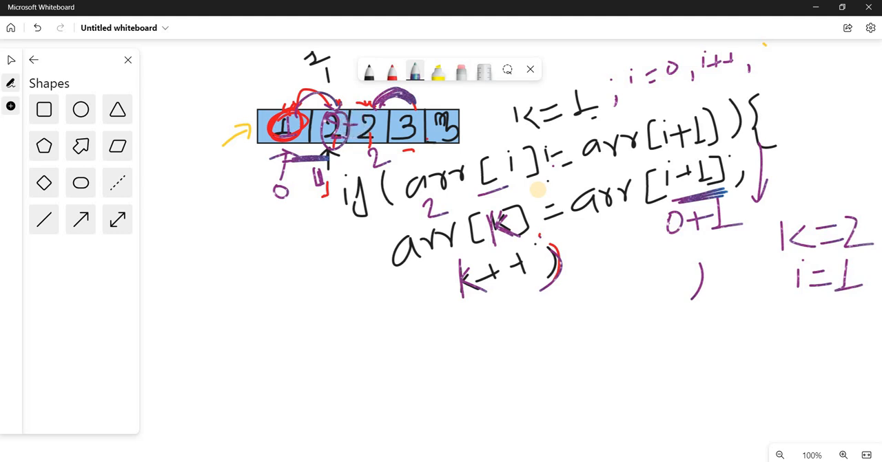So what we will do, this will not come into this loop, and k is the same, k is 2 only, and I is again 2, because I increases every time, I plus plus. So now ARR of 2 is not equal to ARR of 3, which is 3. ARR of 2 is not equal to 3, so this will come into this loop, and ARR of k,